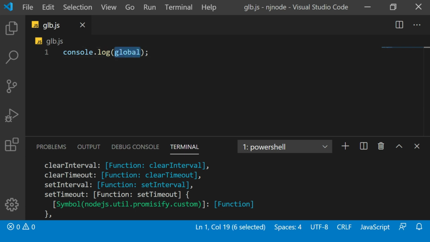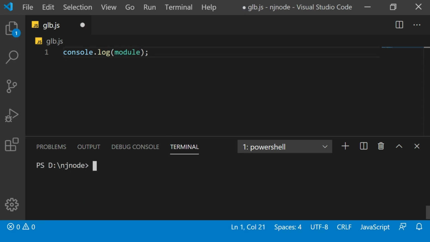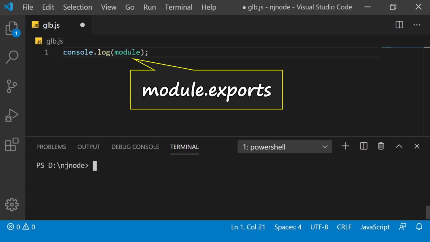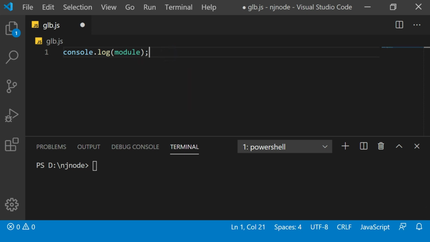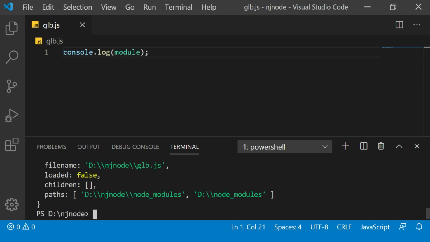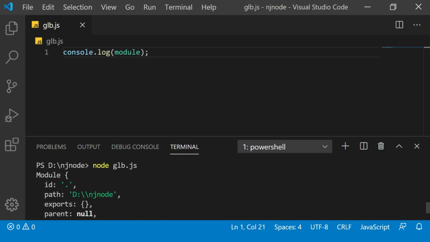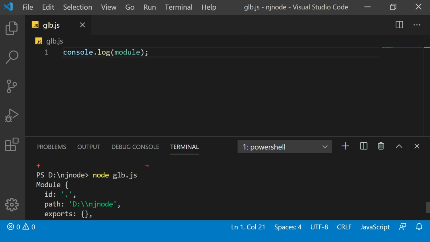When I say a global object, there are many global objects available. For example, one commonly used global object is module, which we tried in one of the previous sessions where we wrote module.exports. So module is also a global object in Node.js. So I can say console log module, and we'll just run this code. So this also has a few properties and methods. As we go deep in this series, we will learn many global objects.